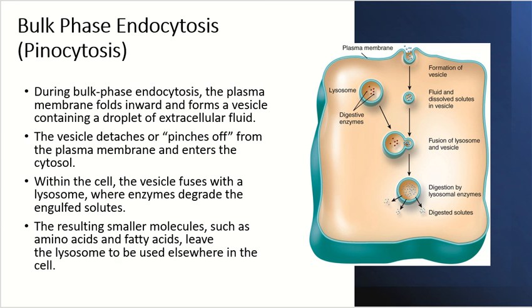So in this process, the plasma membrane of the cell is going to fold inward, and it's going to form a vesicle that contains our tiny little droplet of extracellular fluid. The vesicles are going to detach or pinch off from the plasma membrane and are going to enter the cytosol. Within that cell, then, those vesicles are going to fuse with the lysosome, and enzymes, again, are going to degrade